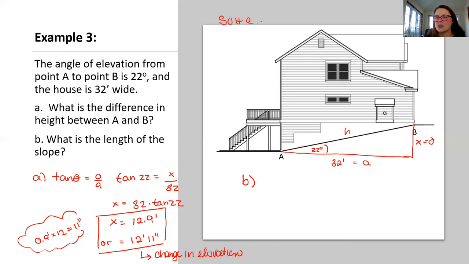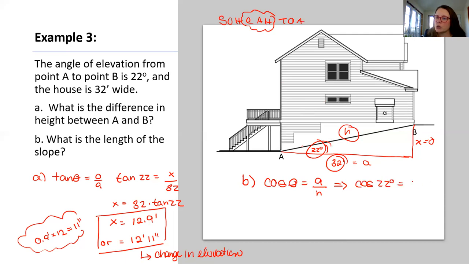So using 22 degrees and using 32 feet, how can you calculate the slope length, which is the hypotenuse, many h's. So if we look here, we have the adjacent side and an angle. So sine uses opposite, cosine uses adjacent. So for B, let's use the cosine. So the cosine of an angle is equal to the adjacent over the hypotenuse. So let's plug in. Cosine of 22 degrees is equal to 32 over